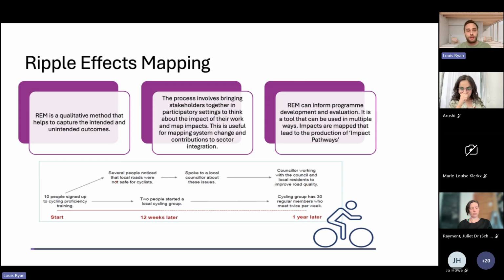So ripple effects mapping, often known as REM. If you do want to Google more about ripple effects mapping, I do encourage you to spell it out fully, as it's come up before. If I Google REM, will this come up? No, you're going to get the band, and you might have a good time, but you're not going to get what you think. So REM, ripple effects mapping, a qualitative method that helps to capture the unintended and the intended